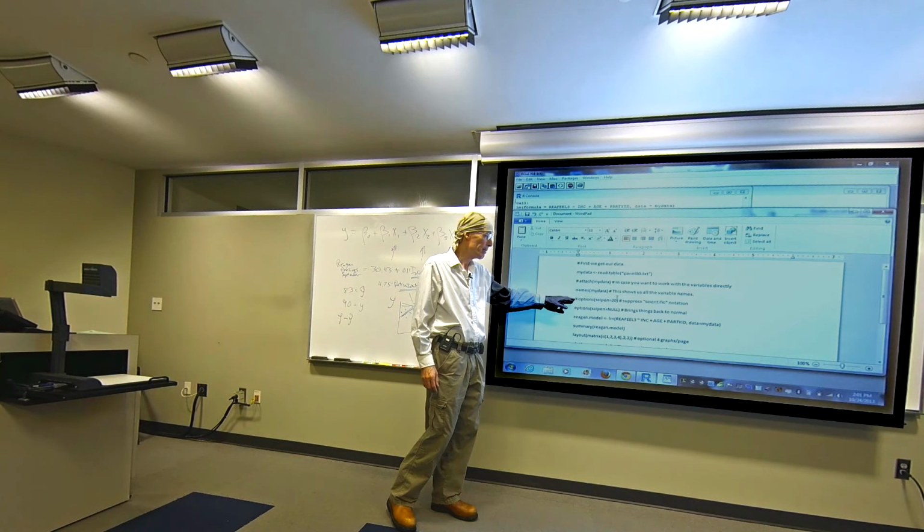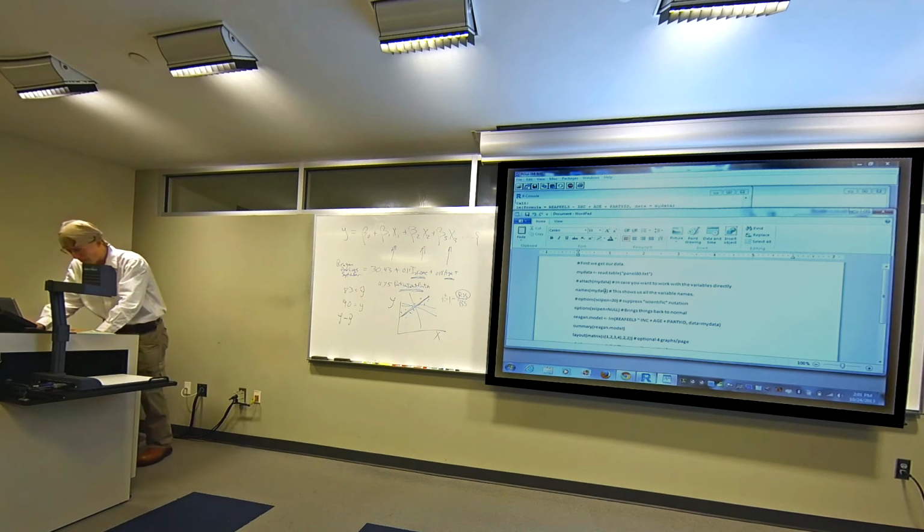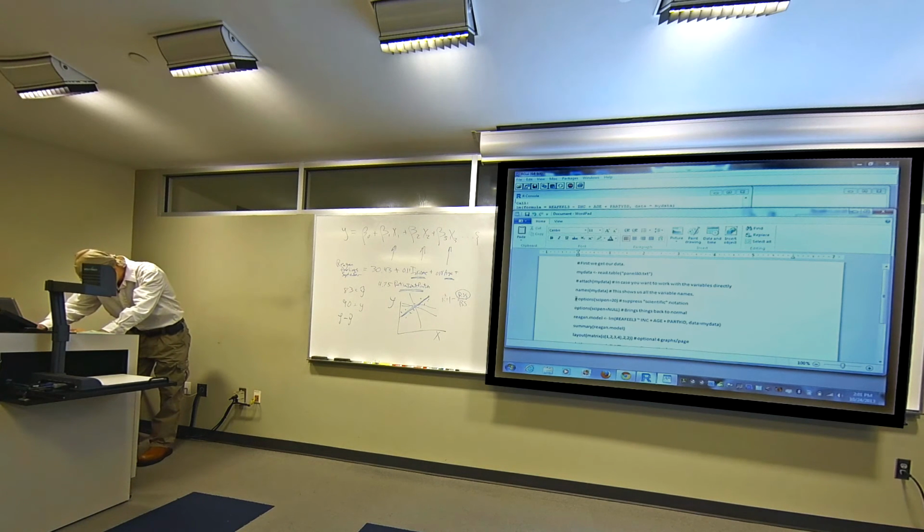So I'm going to activate this one, get rid of the pound sign, it's currently a comment. I'm going to get rid of the pound sign and make it work. And I'm going to put a pound sign in front of this one and make that one not work. And then we're going to run just the eigenfeelings again so you can see what it looks like. So let's get rid of the pound sign. And then let's put the pound sign back. Let's put the pound sign in this one. And